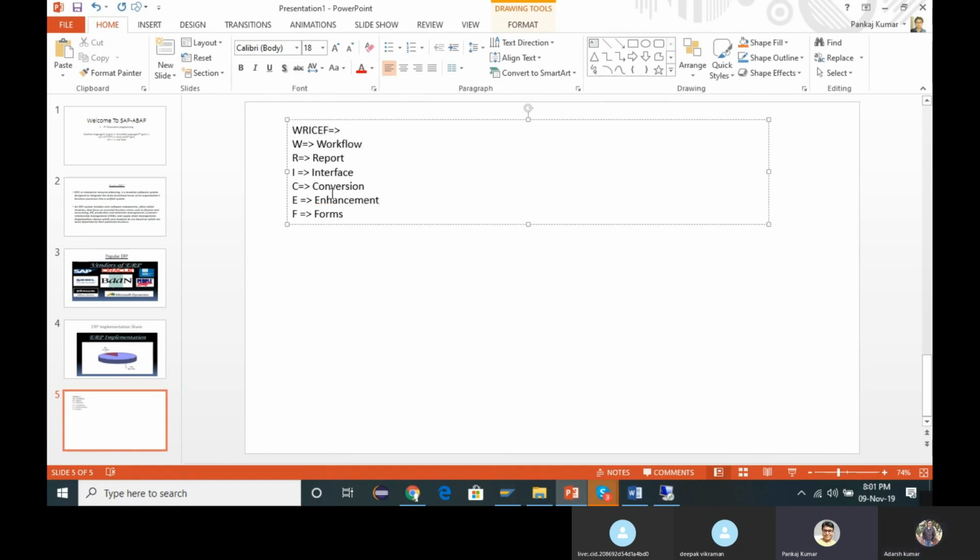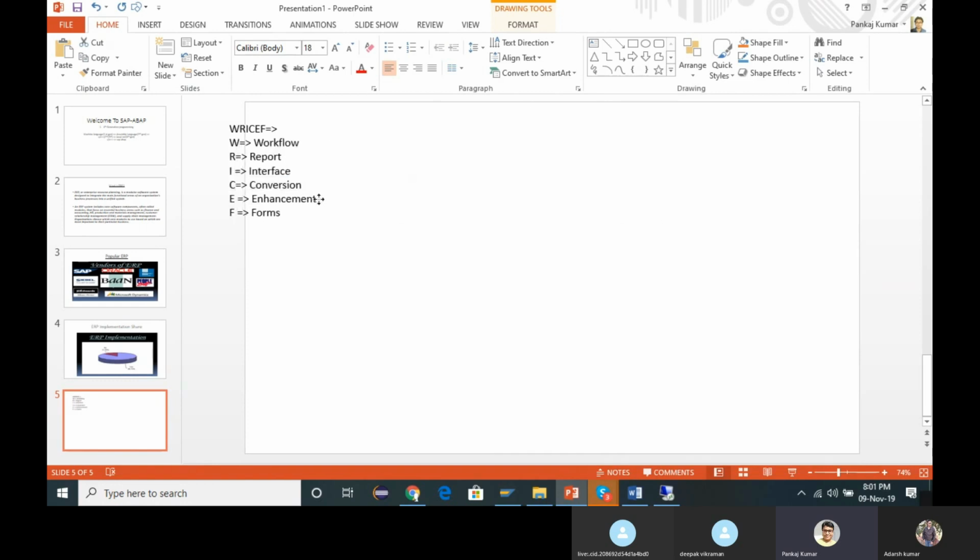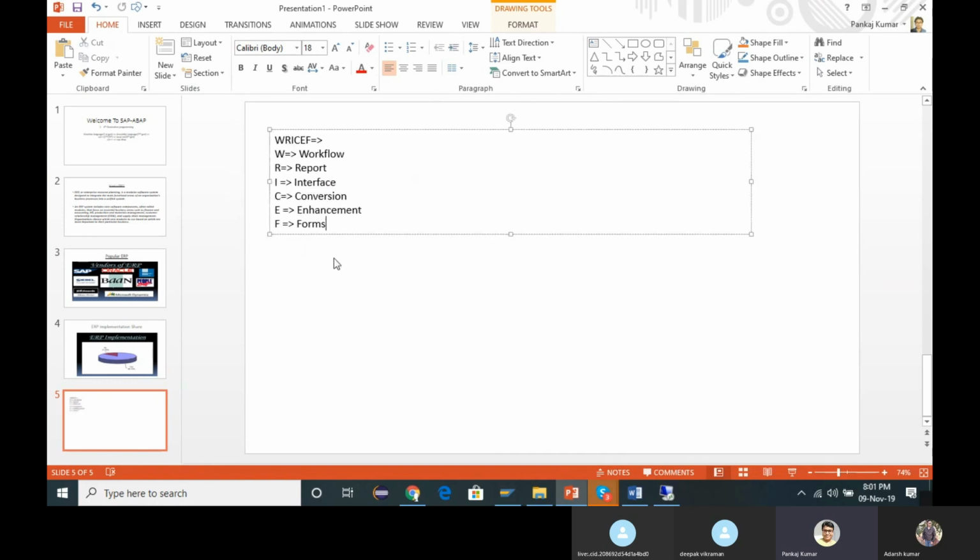So we are going to see these things under RICEF. Generally ABAP is a part of RICEF, because ABAP comes under RICEF when we have to develop a report, an interface, conversion, enhancement, forms, everything, and workflow also. Everywhere our ABAP is going to be used. These are all technical things.